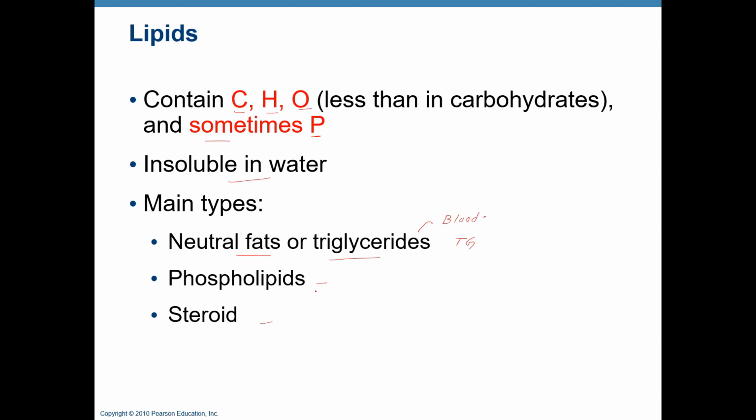Phospholipids are mostly found in the cell membranes, and steroids are mainly found in the hormones, steroid hormones. Okay,